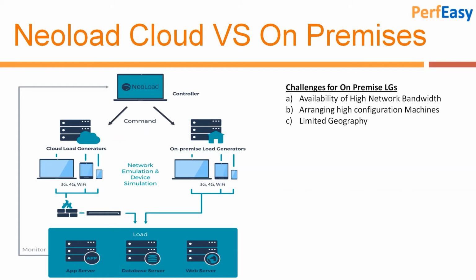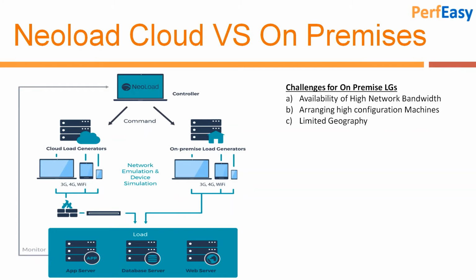The Mbps or the Gbps kind of bandwidth that would be required to generate that kind of load will be very high, and it becomes very difficult to get that internet speed. So understand the difference between the LAN speed and the internet speed. When we are generating load, the application server is always on the internet side, so we need to measure the internet bandwidth, not the size of the LAN connection that we have.